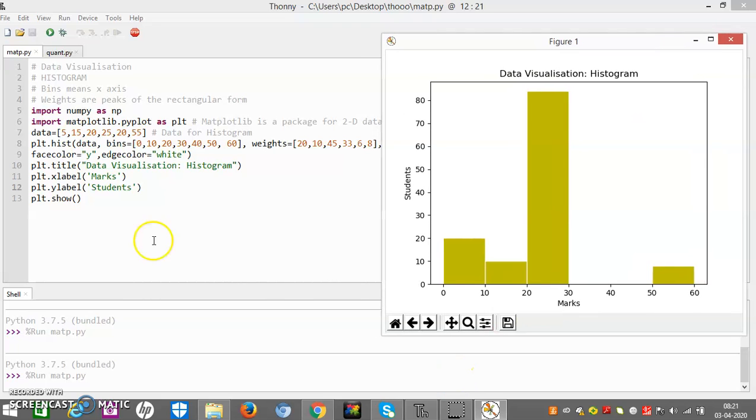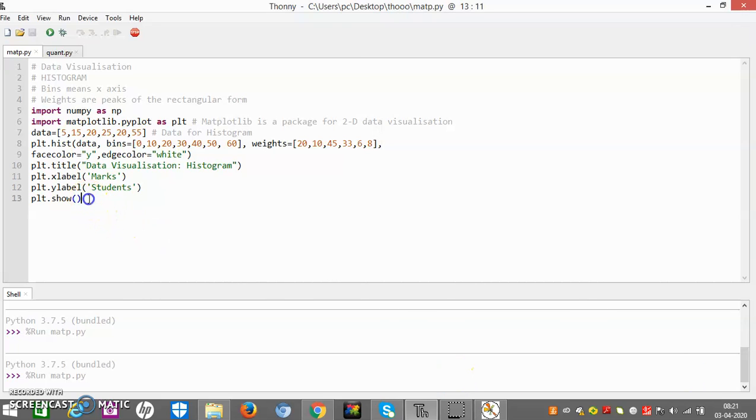Now the next thing is plt.show. Show means we want to show our data. The show function is used to display the histogram representing the data.